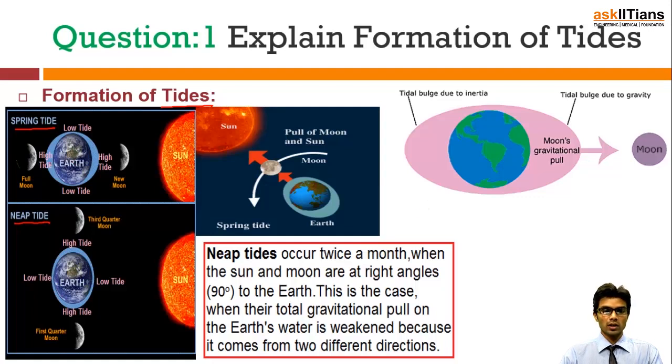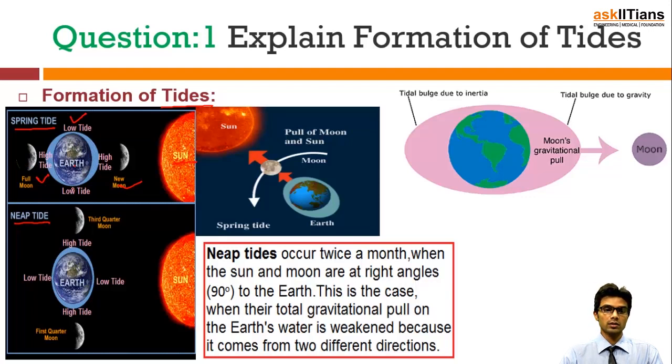Now here is the sun. Now I am going to explain spring tide. Here is the sun, this is the earth, this is the moon. Formation of spring tide occurs two times in a month, at full moon and new moon. When the sun, this is the sun, this is the earth, when moon